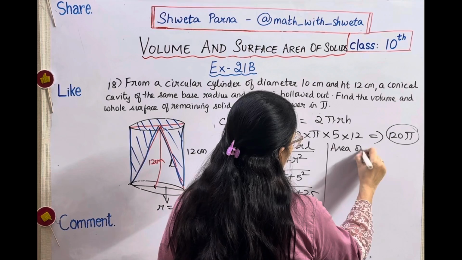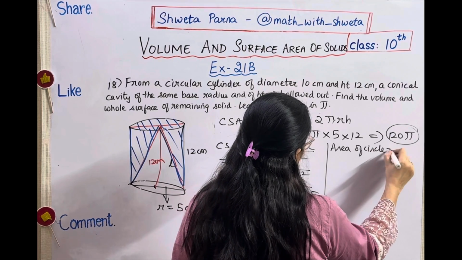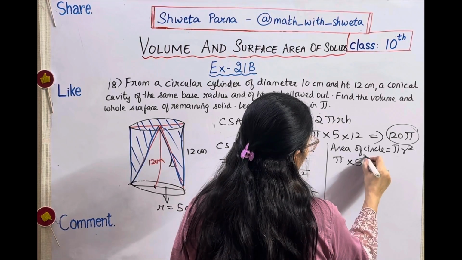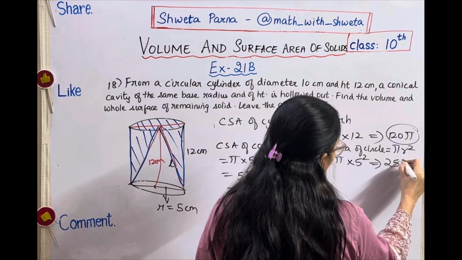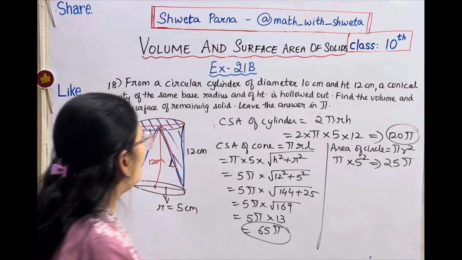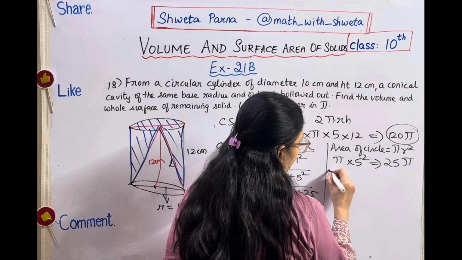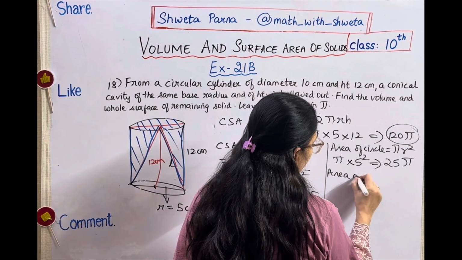Area of circle is pi r square, correct? So it is pi into radius 5 square. Answer is 25 pi. So what is the whole surface of the remaining solid? So area of the remaining solid would be,